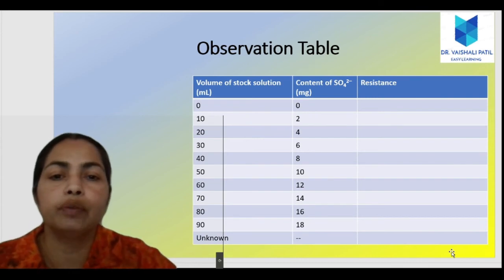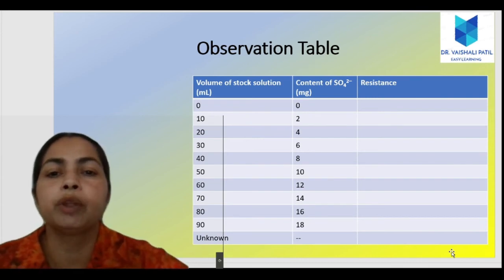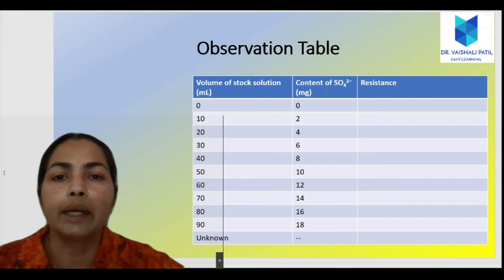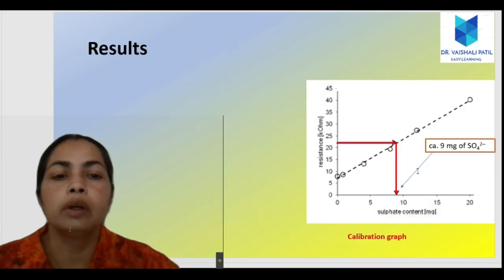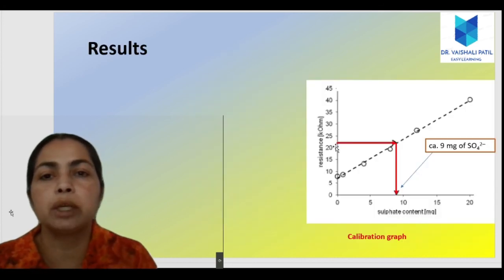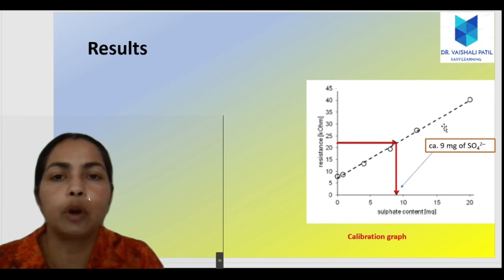In this way, we will prepare the observation table where we will have the volume and the content of sulfate ions in each beaker. Then the last one is the unknown sample, and the first one, 0, is the blank, and we will record their resistance. Then all those readings will be converted into graphical form. We will plot the calibration graph,